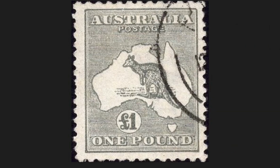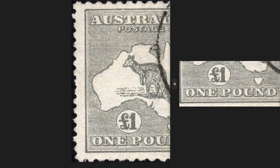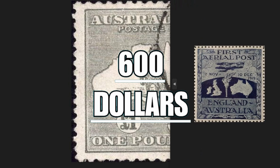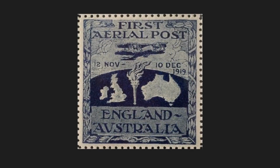Above, the picture. The inscription Postage of Australia. Down, the nominal value reported in numbers and letters, or £1 of the Australian pound. This piece of grey colour was issued in 232,000 copies, and is worth $600. The 1919 commemorative stamp was issued on the occasion of the epic and successful first flight made